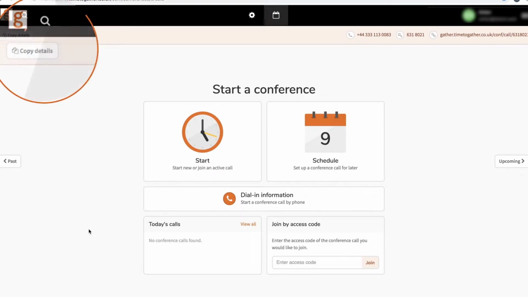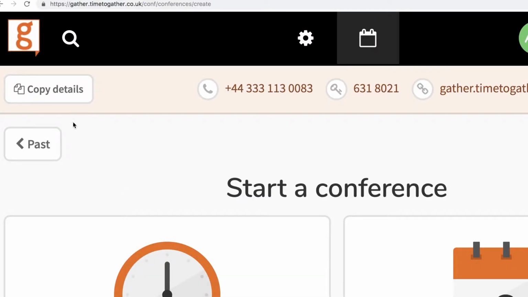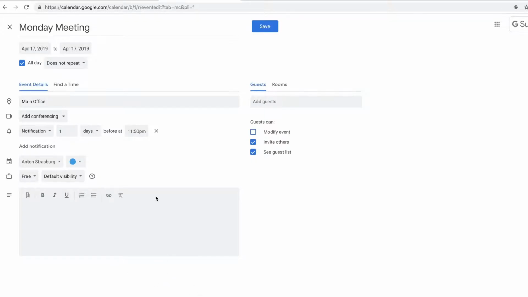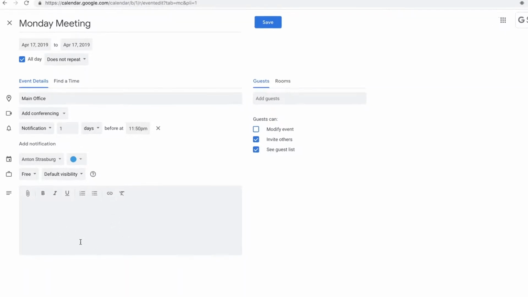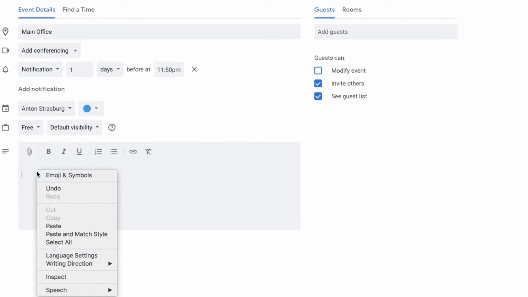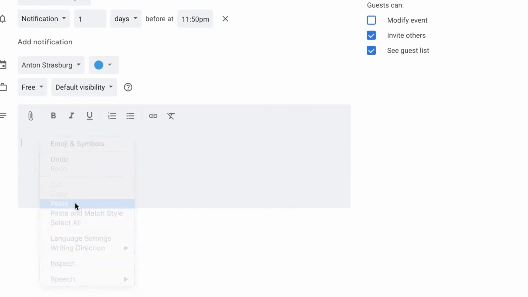From the Gather home screen, located in the top left of the screen, click on the button marked Copy Details. Your conference details are now copied into the browser. Now switch to your calendar allocation: iCal, Google Calendars, Outlook, Thunderbird. It doesn't matter, in this example, it's iCal. Schedule a meeting as you would do normally and simply paste into the invite and the conference details will be